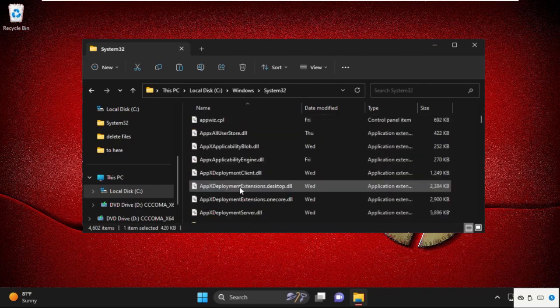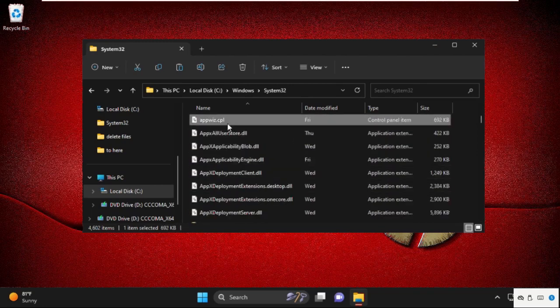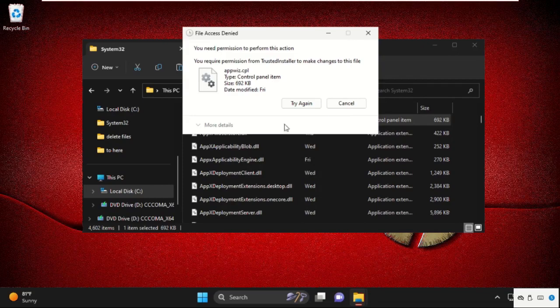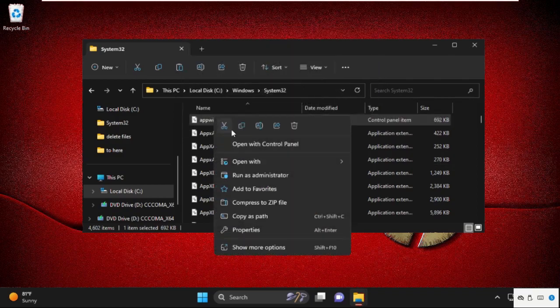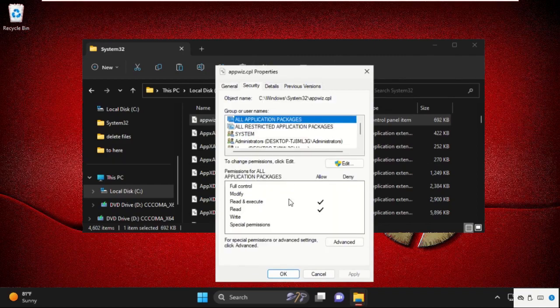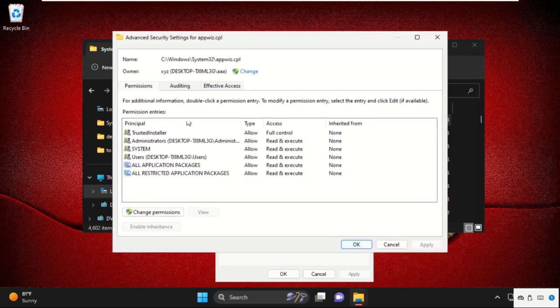So here it is, appwiz.cpl. Then we need to right click on it, select delete. So it will say file access denied, you need permission to perform this action. So right click on it, select properties, then go to security tab and then we need to select advanced, then